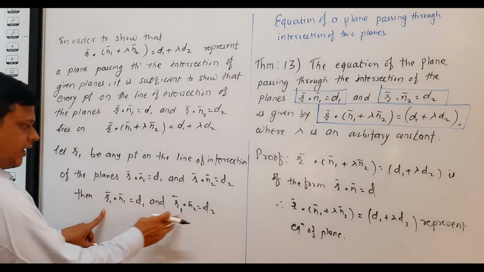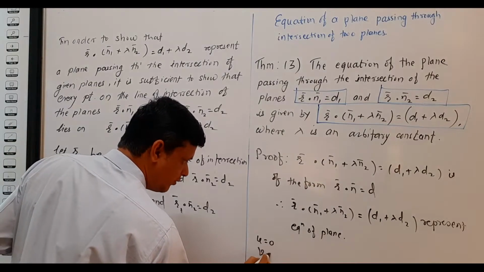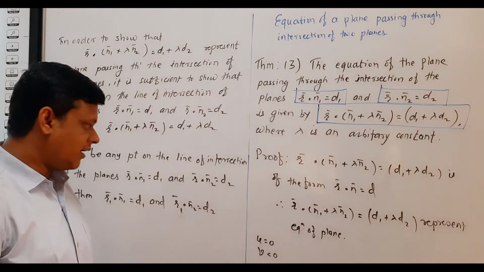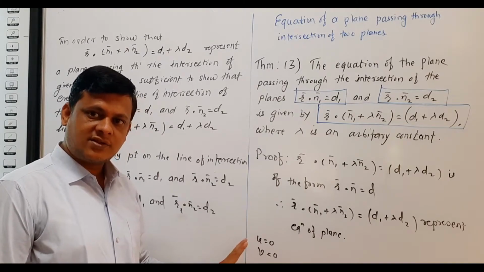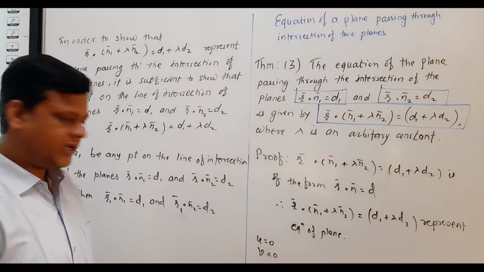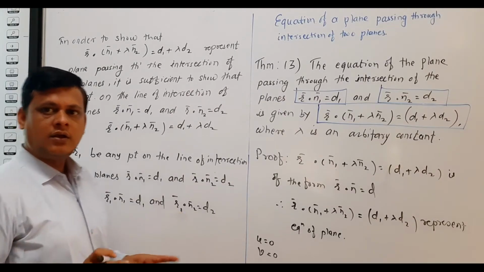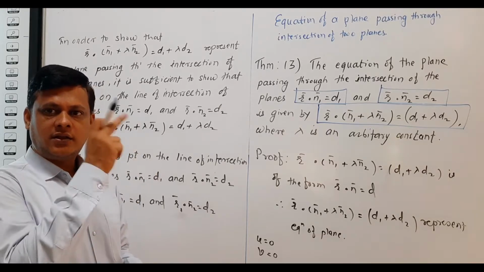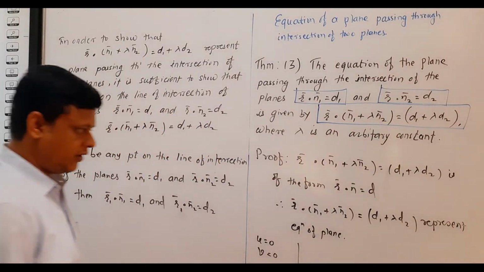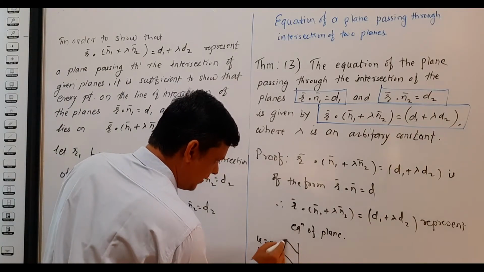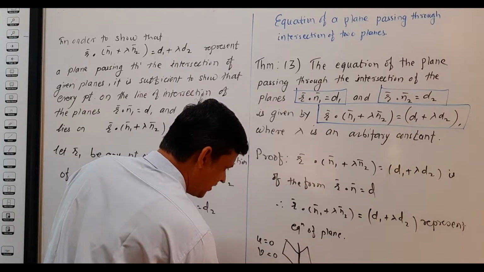Now we have to find the point of intersection. So we use the concept if u equals to 0, v equals to 0, then we know that the equation of line passing through the intersection of these two lines is u plus kv equals to 0. So same concept we use for the plane, because when two planes intersect, where they intersect, that is a line. So if you observe, suppose these are two planes, this is first plane, this is second plane, so their point of intersection is line.